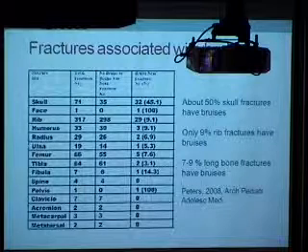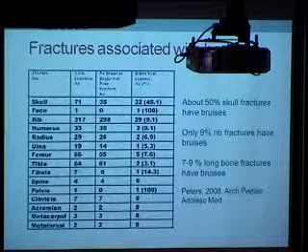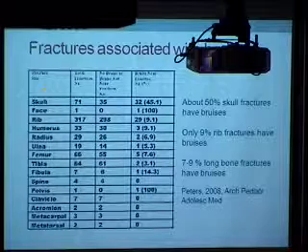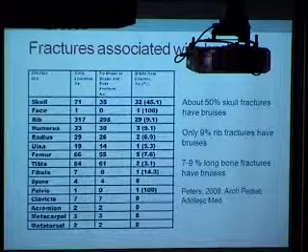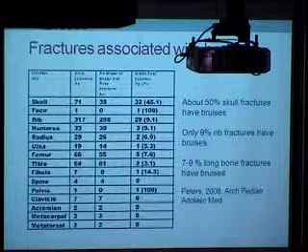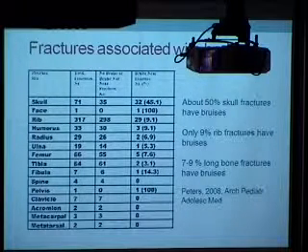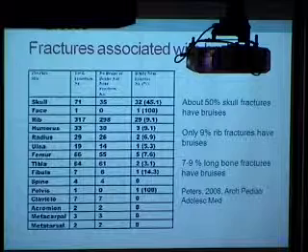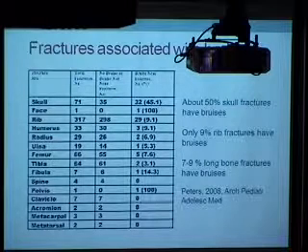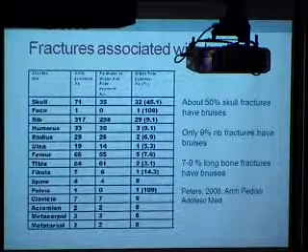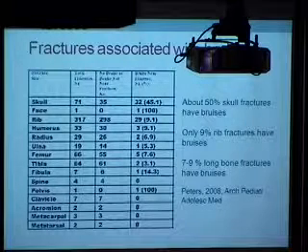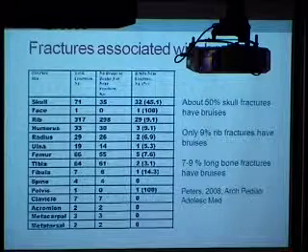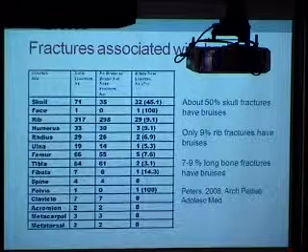And here is one study. It's a little bit hard to read, but I'll talk you through it. They reviewed fracture sites, which are listed here on the left, and the total number of fractures that were evaluated in this study. The middle column is that there was no bruise overlying the fracture or near the fracture. And then in the far right column, these are bruises that were near the fracture.